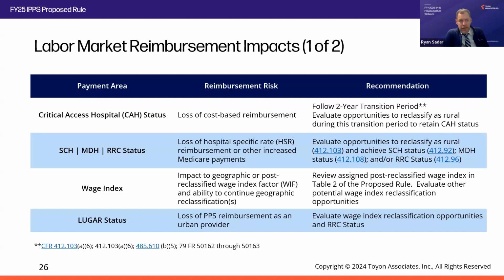But if you don't do that, then when October 1 hits, right, when the federal year hits, you're now an urban hospital and going to start receiving the IPPS rates. So if you're in that situation, you certainly want to be evaluating that. And I believe, Fred, you read on this too. I think you have until October 1 to file for that rural status. That's right, Ryan, and we'll talk about that a little bit further on another slide,